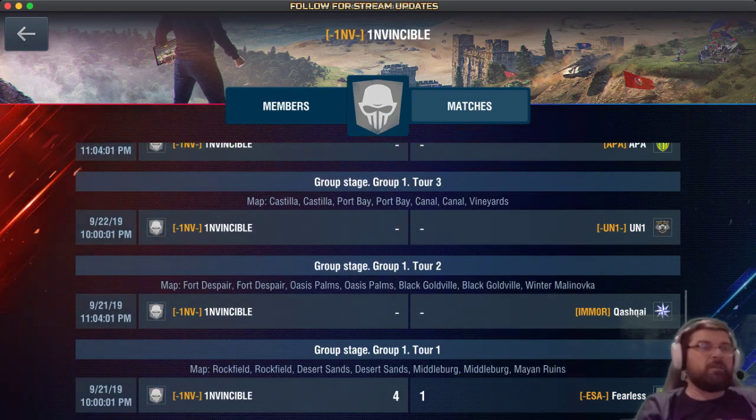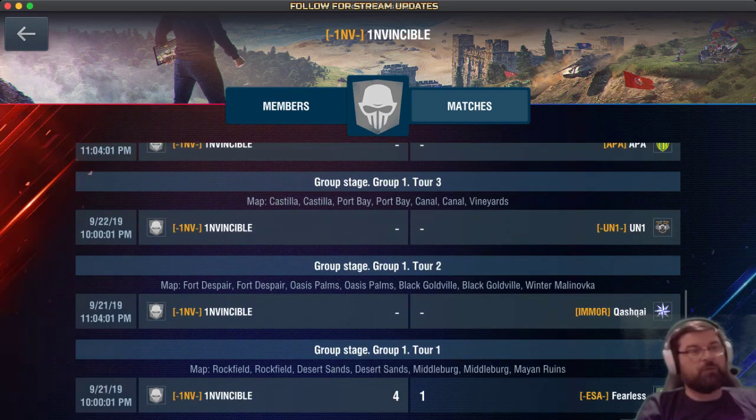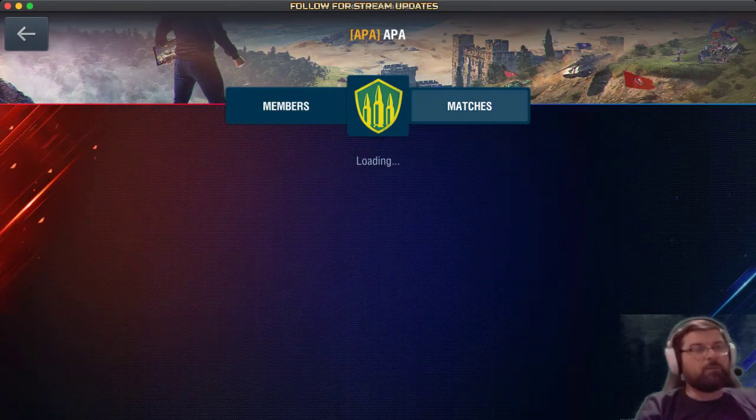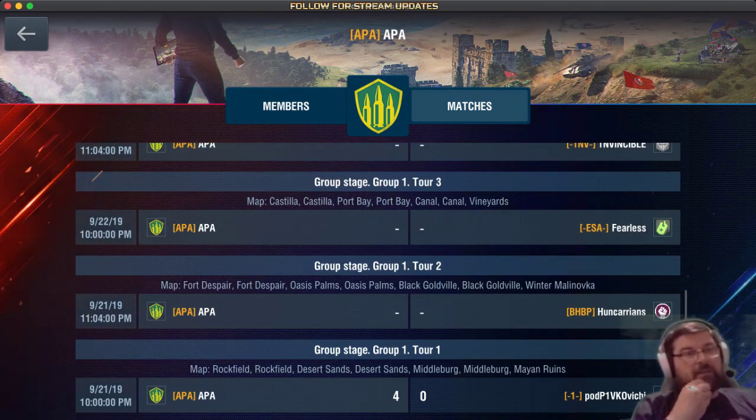But don't forget, guys, you can see here there's a lot of tours. This is just Group 1, Tour 1. And APA have won their first match as well. And they beat First Alliance